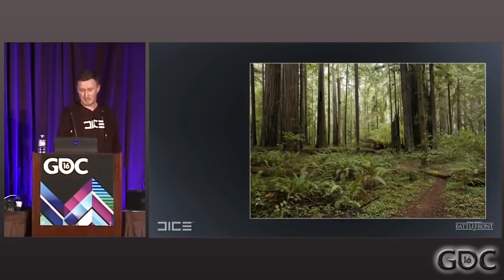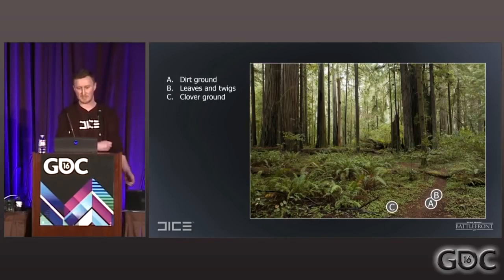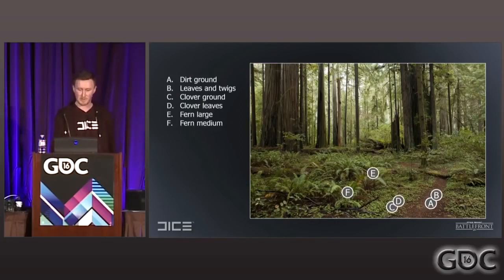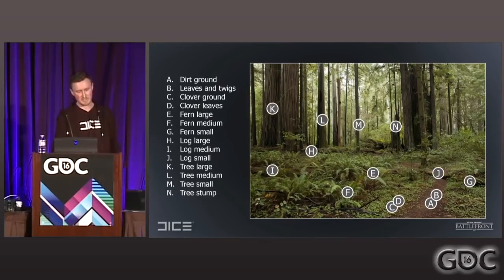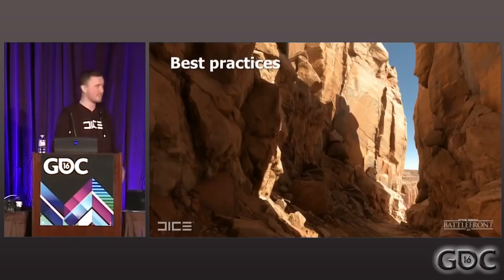Here's a quick shot of being on location when we first arrived at the Redwood Forest, just to show you how we break down the environment. There's a lot here that you can imagine capturing, but when you break it down into smaller pieces, there aren't really that many elements needed to create this and get a sense of the environment. So things like the dirt on the ground as a texture, the mesh scattering on top of that, the clover as a ground, the clover mesh scattering, ferns of different sizes, logs of different sizes, trees of different sizes, some unique trees like stumps, and vegetation that is captured on a blue board.